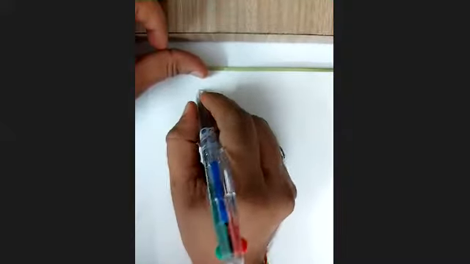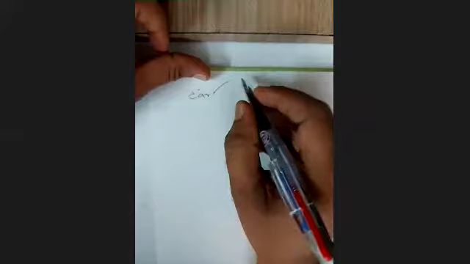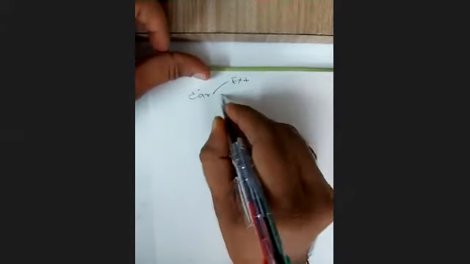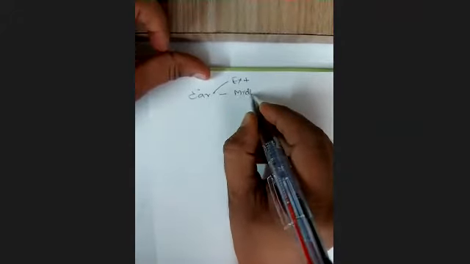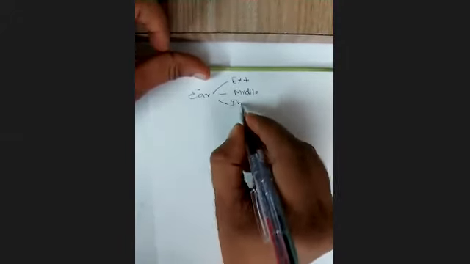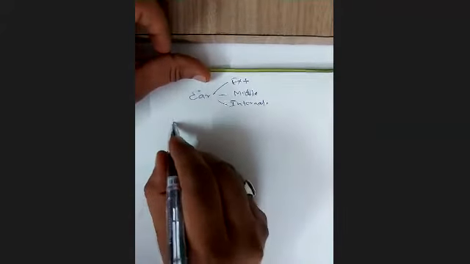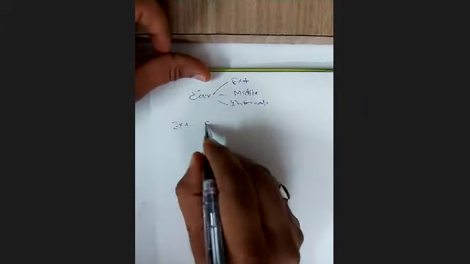So today we are going to discuss a very important topic, and that is anatomy of the ear. The anatomy of the ear is discussed as anatomy of the external ear, anatomy of the middle ear, and anatomy of the internal ear. So let us start discussing with anatomy of the external ear.